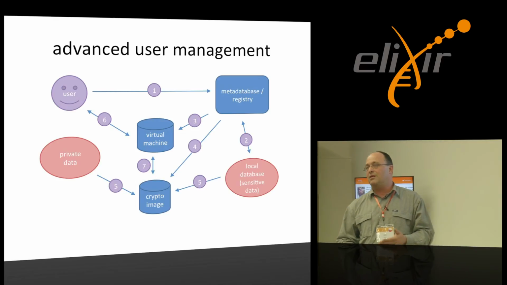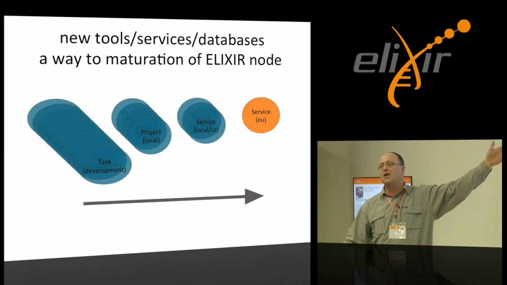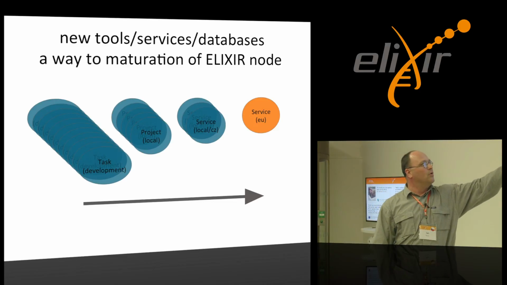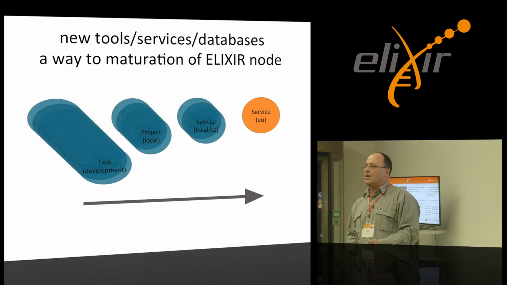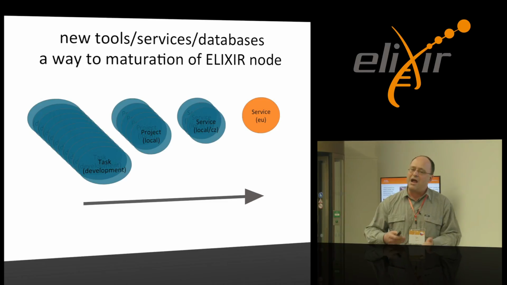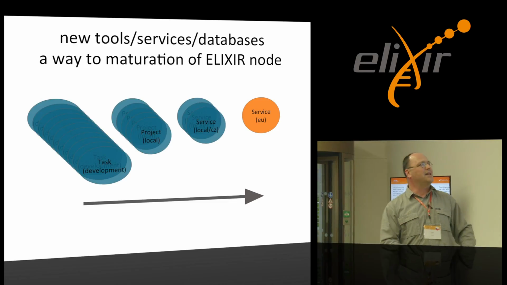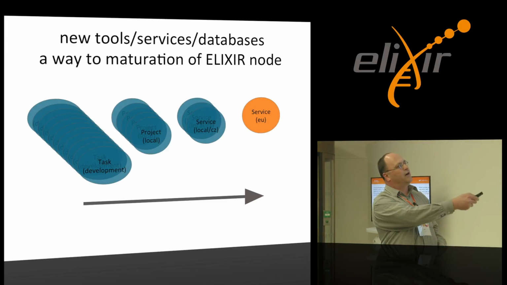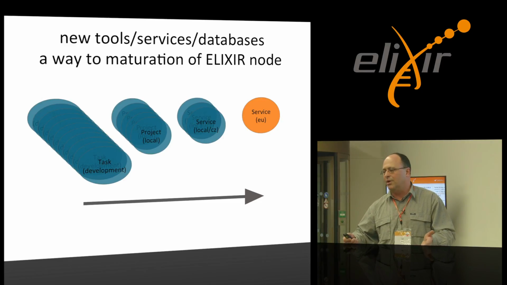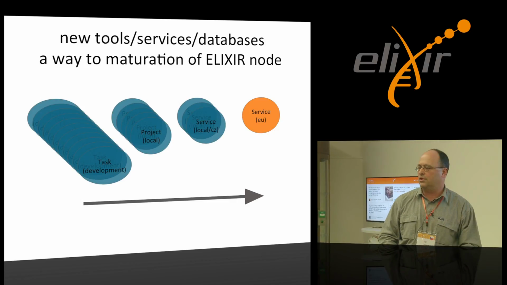And what we think would be the output of it is that for users it would be very easy to get normal tasks. We will have hundreds of users with simple tasks. Some of them move to a project, and we would ask them that after finishing the project, they should try to keep the database or tool, whatever the project was about, as an ELIXIR tool. So first as a local ELIXIR tool, and when the tool is approved as a good tool, it can move to the European service level.